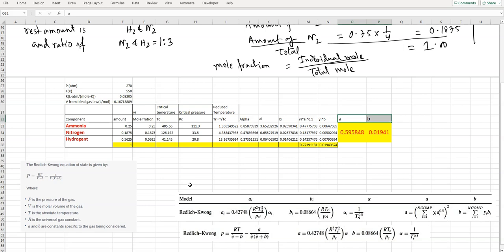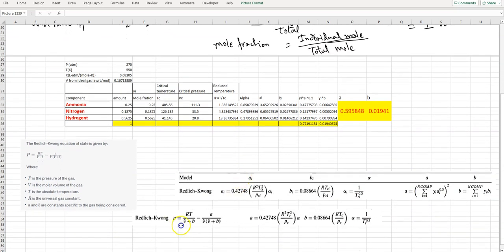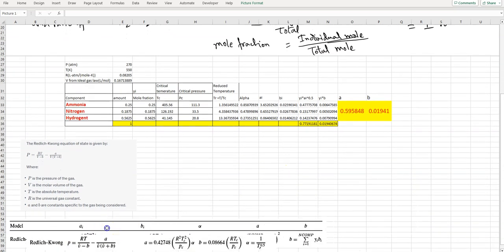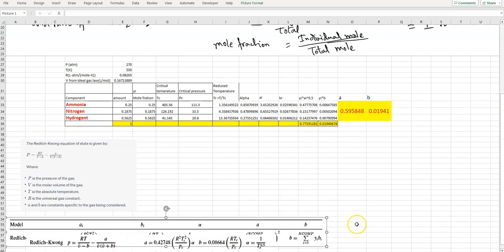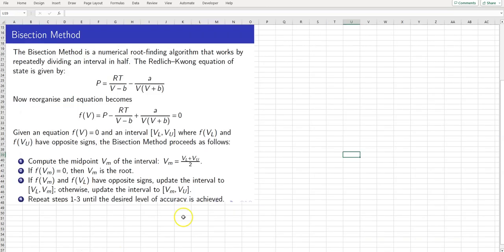Now we can use the bisection method. So we know all this. Now we are going to the bisection method. So we know the bisection method. The bisection method is a numerical root finding algorithm that works by repeatedly dividing an interval in half, and